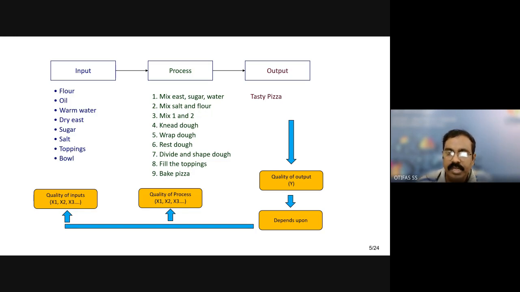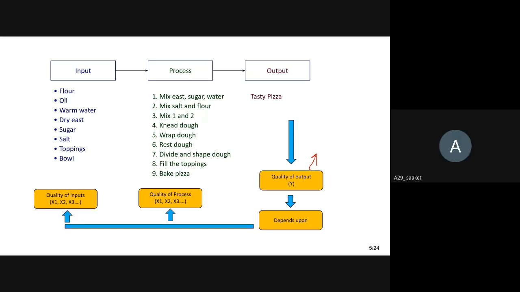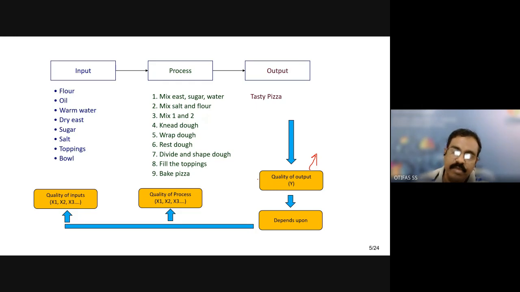So now this quality of output. How can you define this quality of output? Now let's consider that you are going to a restaurant and you are ordering. What are the parameters that matter for you as a customer? Surroundings, like cleanliness. Okay, obviously imagine that it's a very good restaurant, ambience is okay. But considering the pizza, what are the quality parameters?